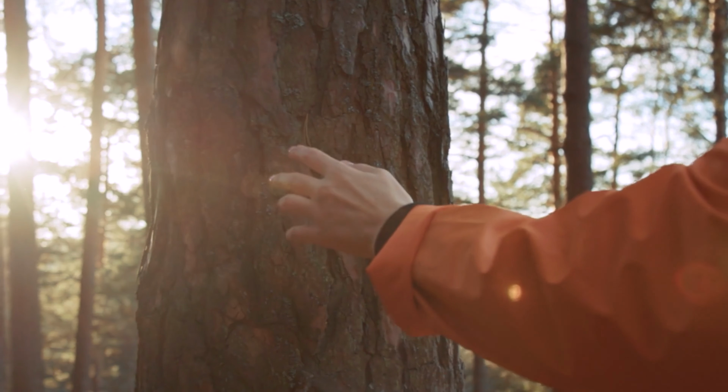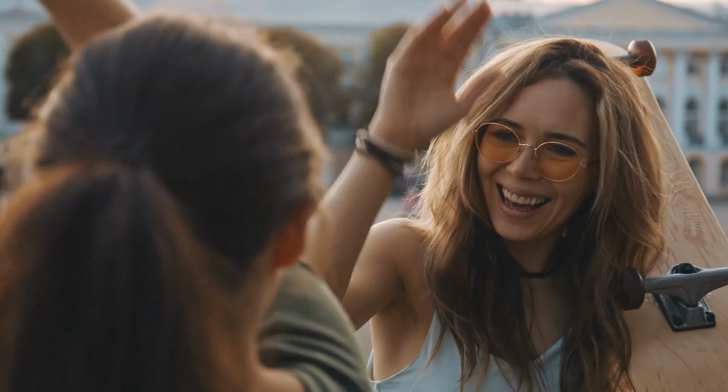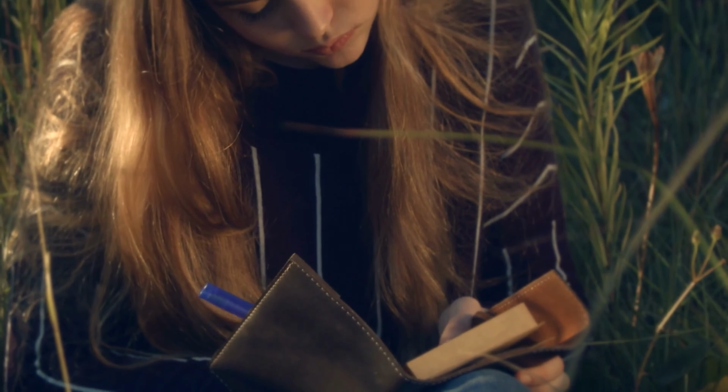The final stage of Kolb's learning theory is then active experimentation. This is where you take what you've learned and apply it to your own life. You might try out a new skill or approach, or even just think about a problem in a different way. This is where the real learning happens, because you're taking what you've learned and using it to make a difference